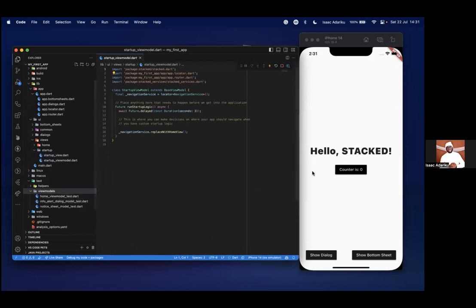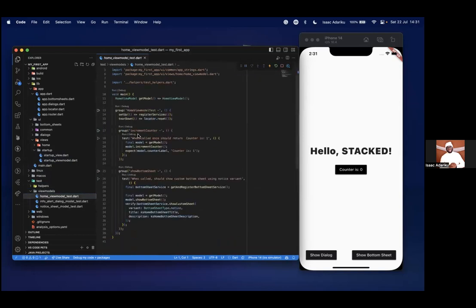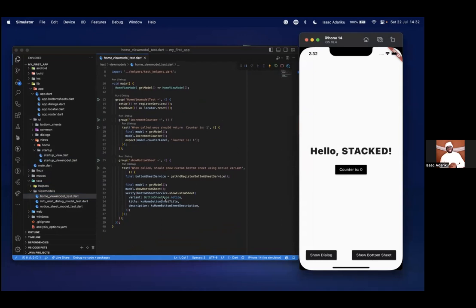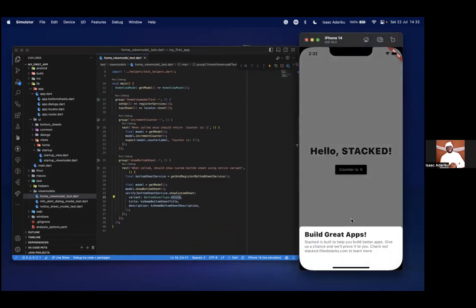For the home view, if you look here, it generates tests for you to easily look at and also follow along. You can actually test your bottom sheets without writing any widget tests. You just have to verify that this is called and you show the bottom sheet.